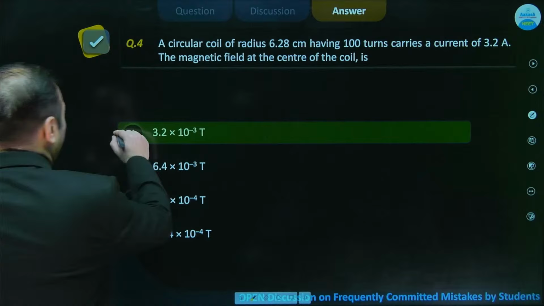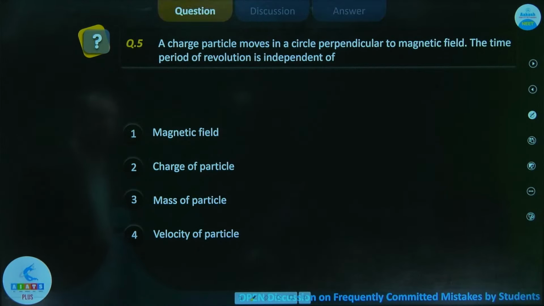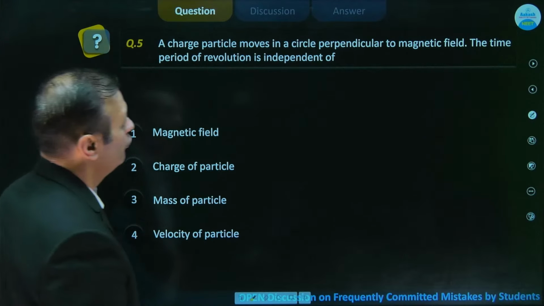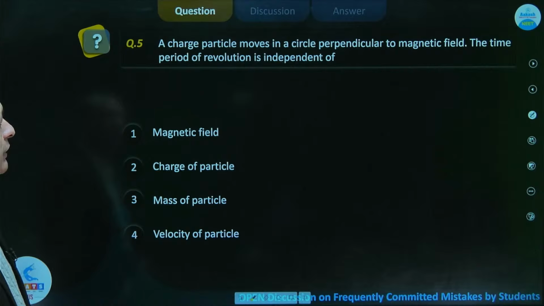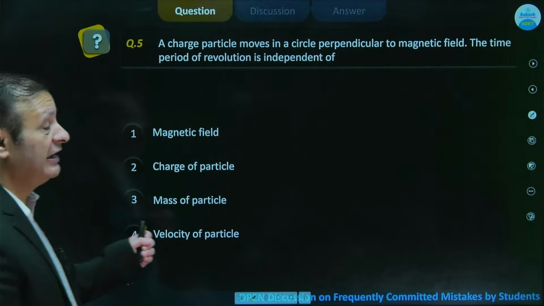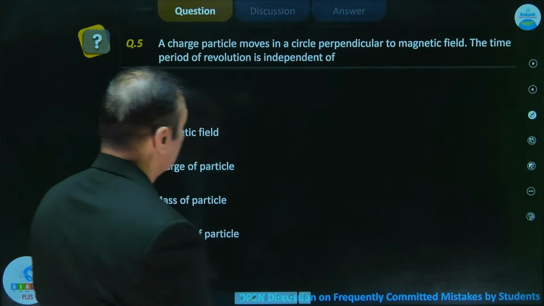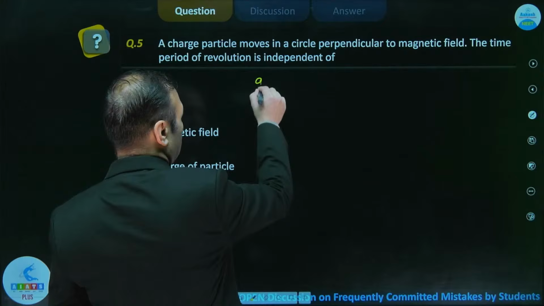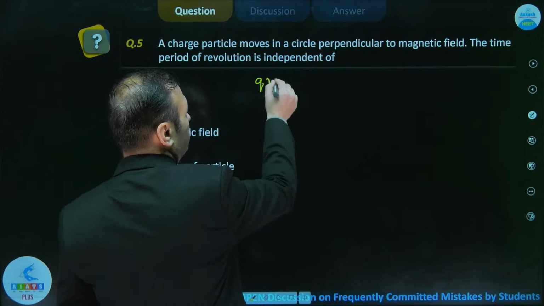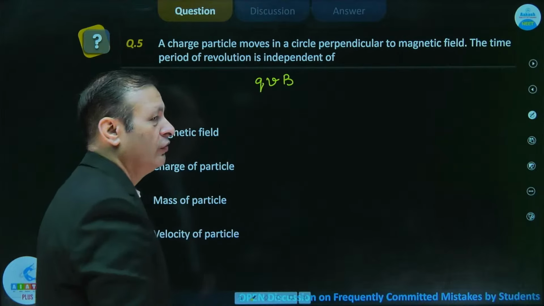Okay, so that was the question and we got the right answer for that. Moving to next. A charged particle moves in a circle perpendicular to magnetic field. The time period of revolution is independent of. Fine. So let's build up this concept. So you have a charged particle. It's moving with speed v, entering into a uniform field region B,